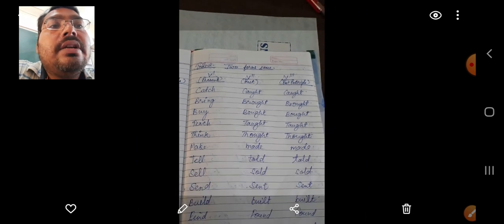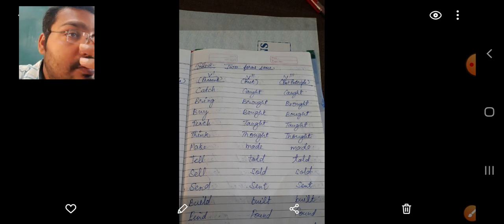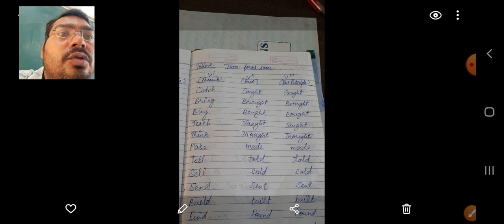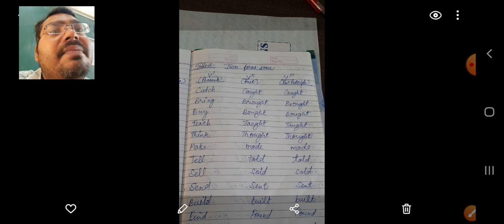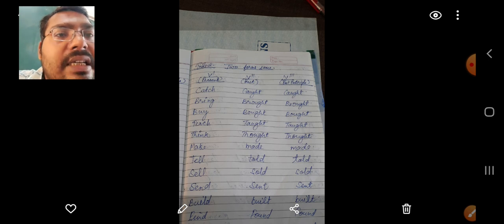You need to learn them and keep them in mind, because all the chapters of grammar are based on these three forms of the verb. If you don't know these three forms, there will be a lot of problems in understanding the difficult chapters of grammar, whether it's tenses or, when you go into higher classes 6, 7, 8, active and passive voice and direct and reported speech. Everywhere this is used so much in the English language. So you are advised to learn this very carefully and understand it. It is also very easy to learn by making a table.